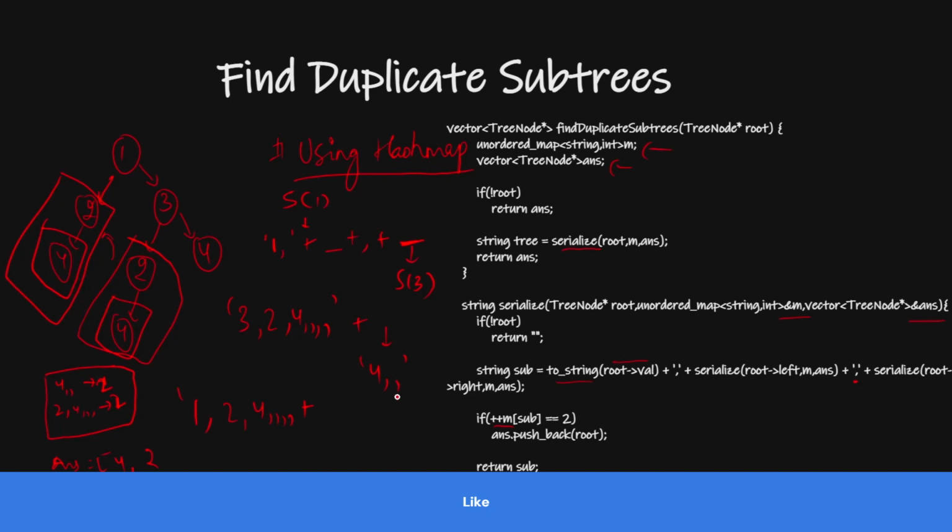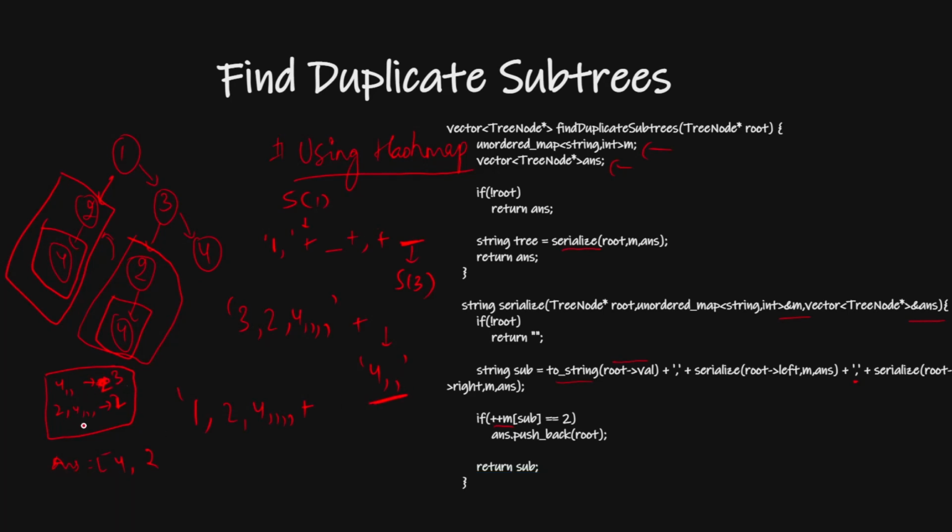If you see, I will increment this count to 3. But it is already included. So I will include it if and only if its count equals 2. But right now its count is 3. So I will not include it because it is already included. If it is already included, I will return from here. It will return. So this will be my part for this.